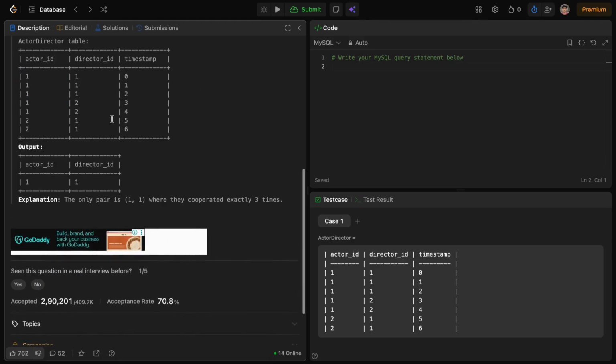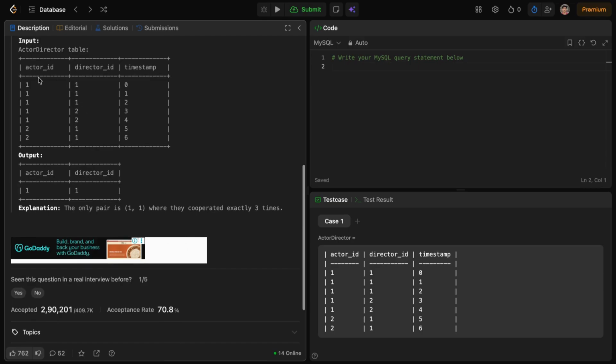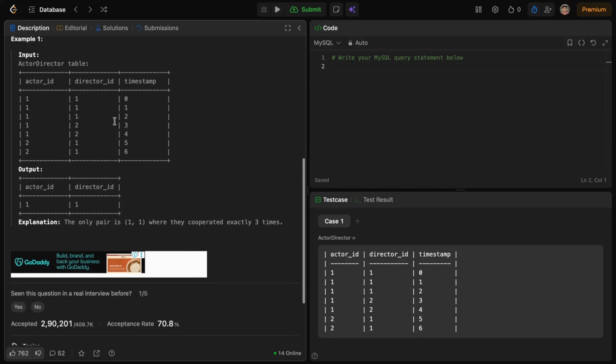times. So we're going to group by the actor and director ID, and we're going to count the rows greater than or equal to 3. So